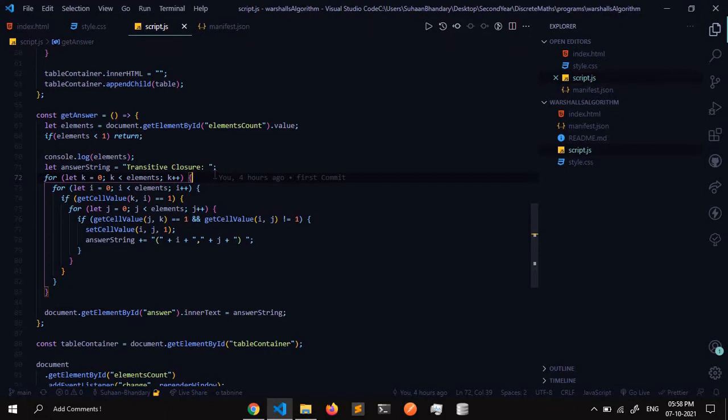Means first row first column, second row second column, and we check if there is any cell in that row which is 1, and also check if there is any cell which is 1 at the column. So when we get that, we match them and assign 1 to it, and so on. And doing it for 0 to n minus 1, we get the transitive closure. So this was about the algorithm, and I will also give a link to the GitHub repo so that you can see how it is implemented, and if you have any doubt you can comment in the comment section.